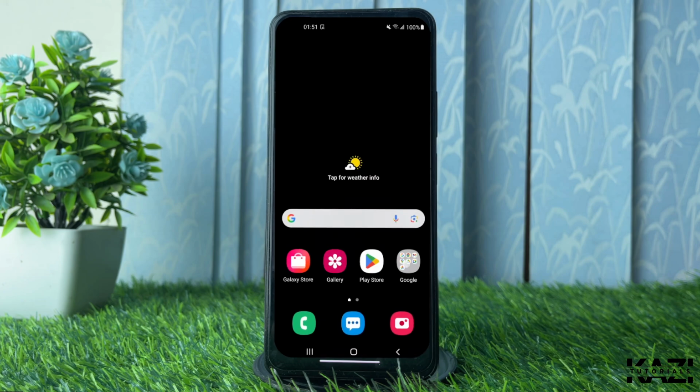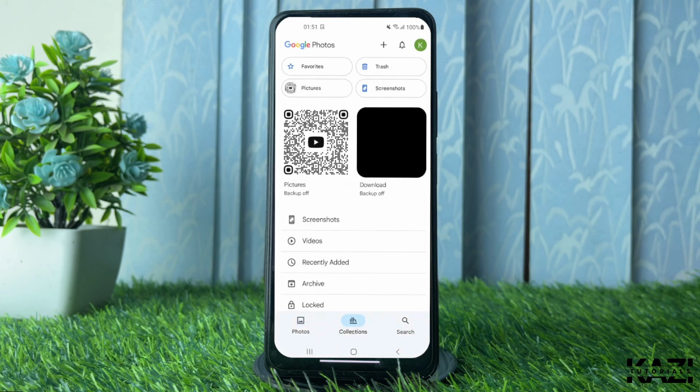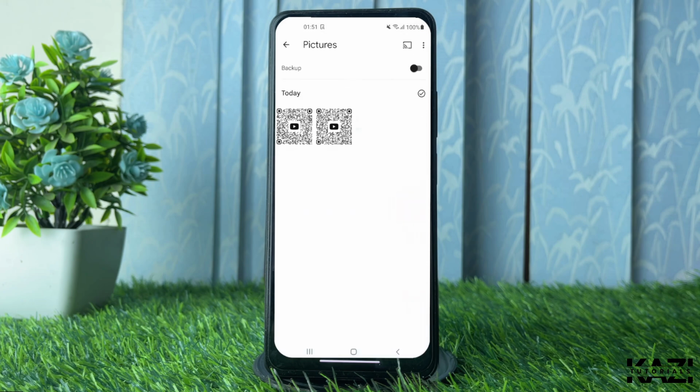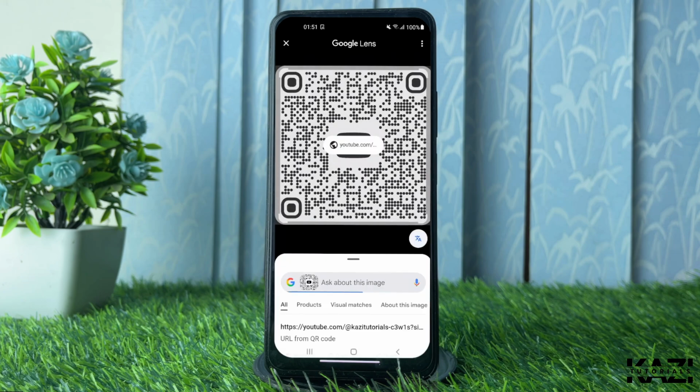So for that reason, first of all, you need to go to the photos application in your smartphone. Then simply open the QR code like this, and then on the bottom side you will see the lens option. So tap on the lens, and as you can see, here is the link in the middle. So you need to tap on the link,